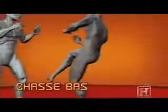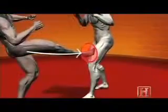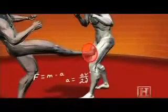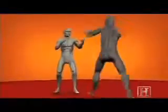In this move, the forward propulsion of the hips, combined with the piston motion of the lower leg, can send well over 700 pounds of force directly through the rigid bone of the heel. This impact won't just knock an opponent down. The force is enough to permanently damage his kneecap,